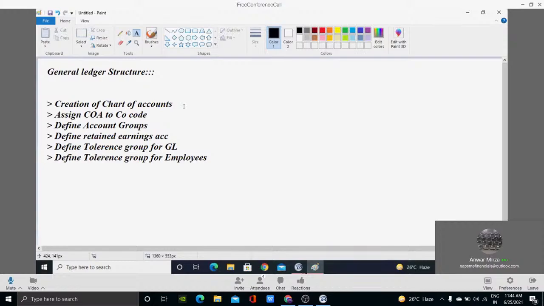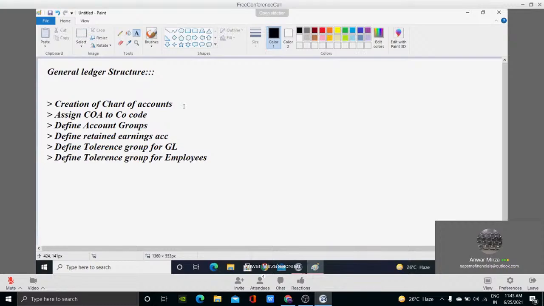each and every point has its own importance in configuration. You have to understand the hierarchy, as I gave you an example yesterday, right? Everything is connected: the company code is connected with the company, which is under the client, right? I hope yesterday I gave you a hierarchy and that must be very clear. In that hierarchy I mentioned this chart of accounts. So when we are assigning everything to the company code, why? Because when you post a transaction, the transaction is specific to company code. So all those settings, all those changes you are doing, are at company code.